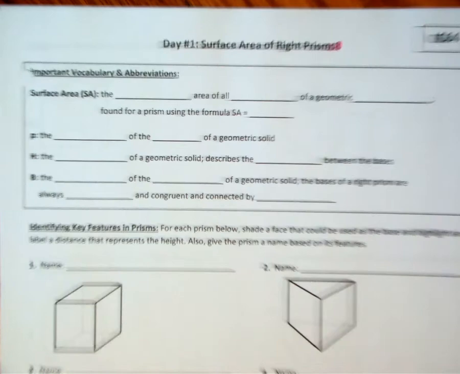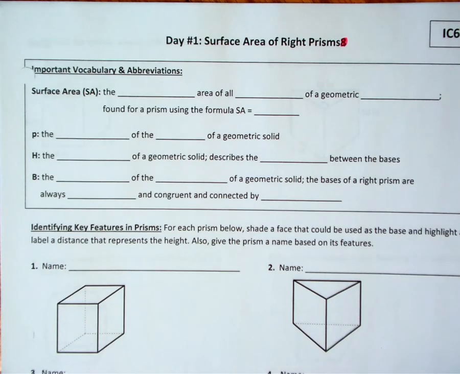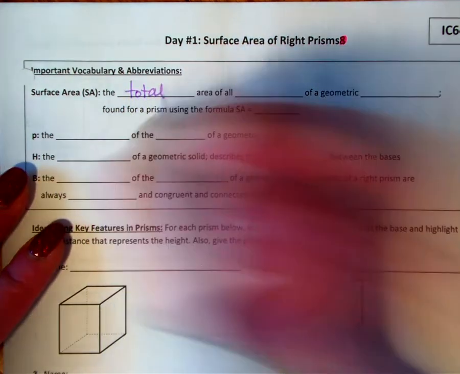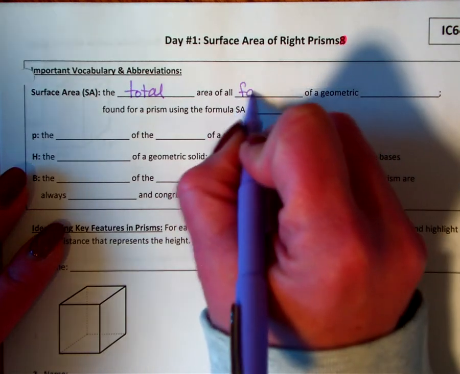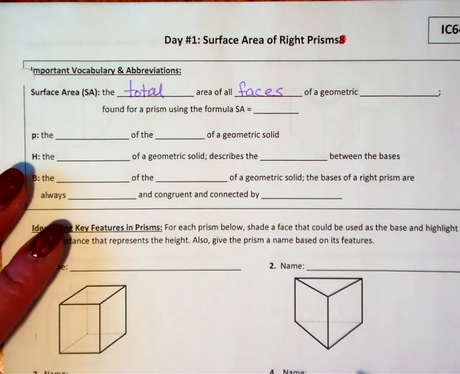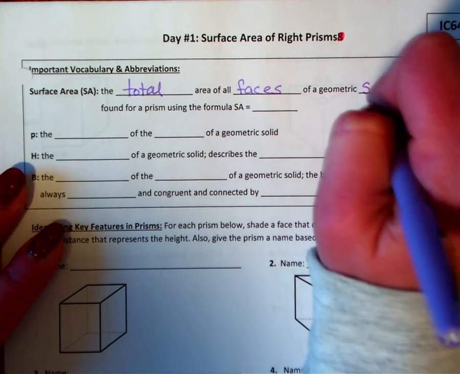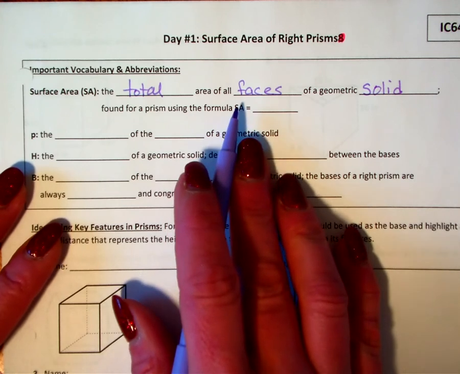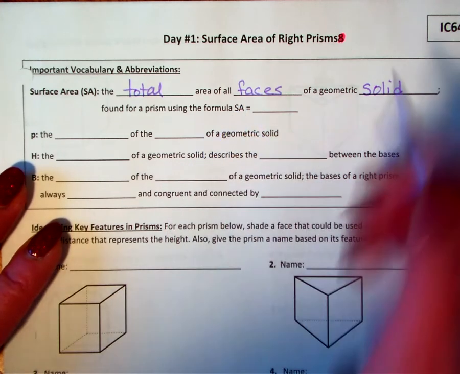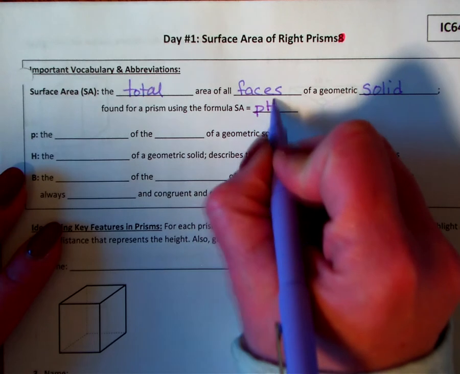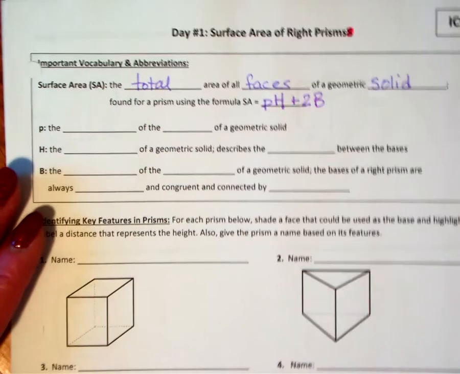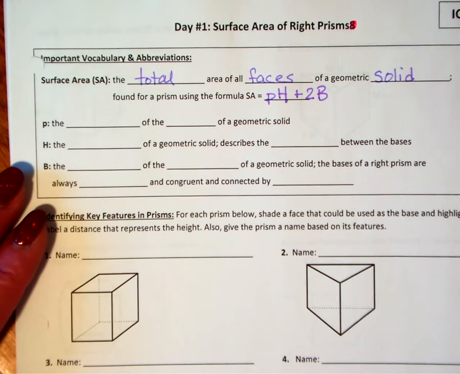Okay, surface area is defined as the total area of all faces of a geometric solid, found for a prism using the formula SA for surface area is equal to PH plus 2B. Okay, well, it helps if we understand what those mean, right? So the P